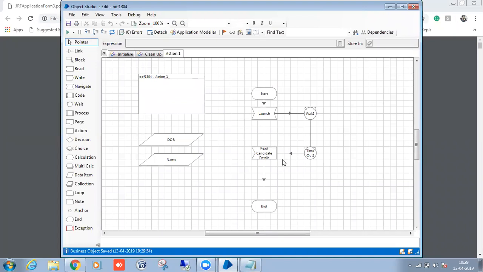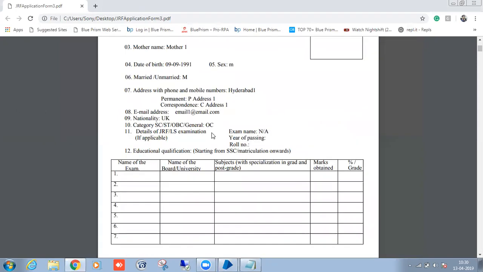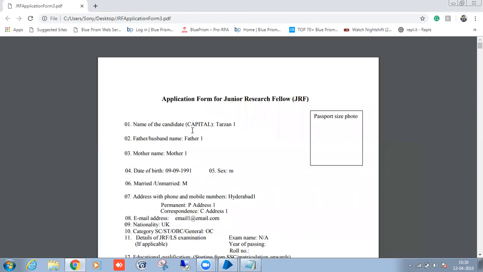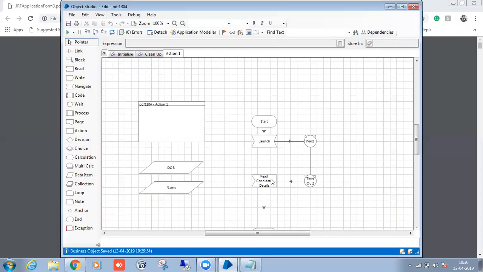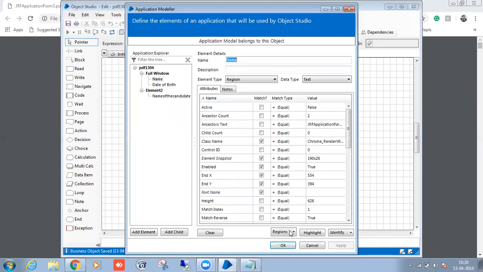Because this is the way it will work. This is about the OCR technique, optical character recognition technique, right? So this is the way it will work. Not only this, for any application, surface automation will take whatever region we have spied. It will take the same region. See, we are not taking any dynamic attribute here, right? We can take the dynamic attribute when I check the element properties here.